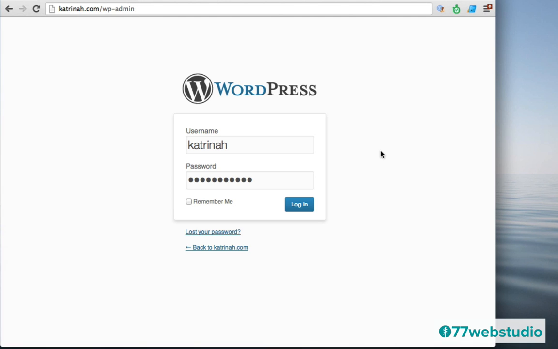So here we are on the login screen of our WordPress website. To log in, you want to enter your username in the username field and your password in the password field. And then you want to click on this button that says Remember Me, so that the next time you come to WordPress, your username and password will be remembered. In the event that you forget your password in the future, or perhaps even now, you want to click on this link here that says Lost Your Password, and WordPress will send you a password reset to the email that you used when you were creating your WordPress website.